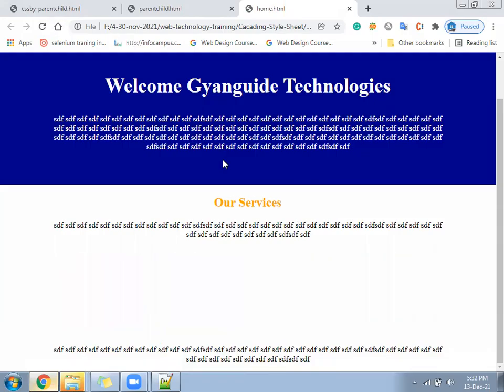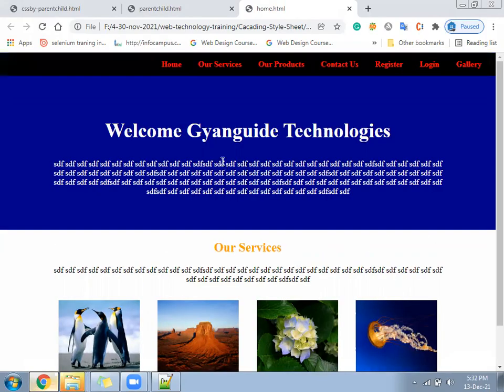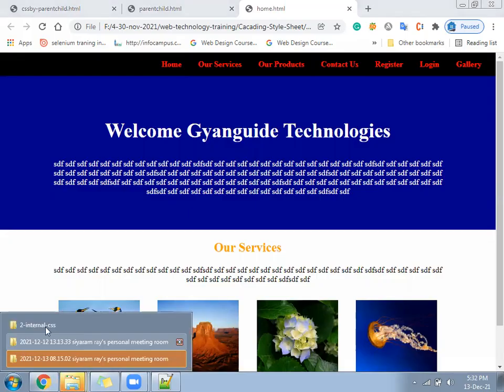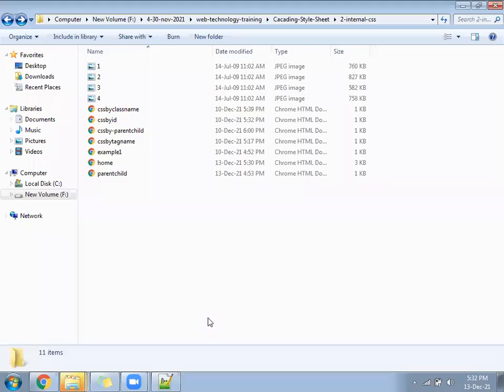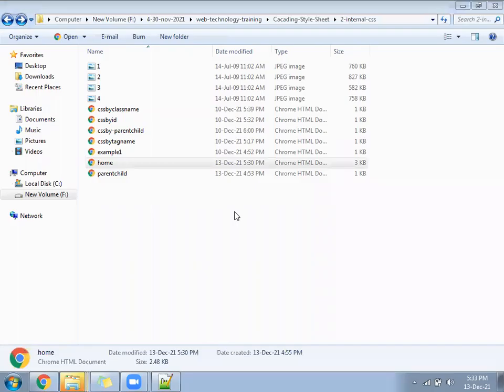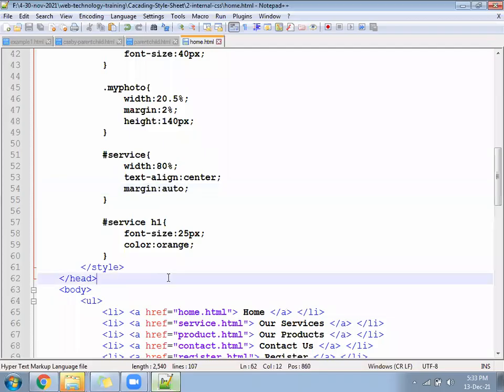Which file you are writing and which file you are running, that also matters. It should not be that you write in one file and run a different file. The file should be on the desktop and you run it from the D drive. Okay, so I'll send the entire file in the chat. You can use that. Home.html. Go ahead.